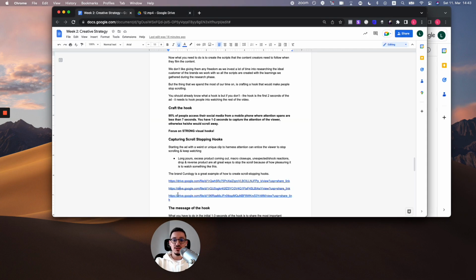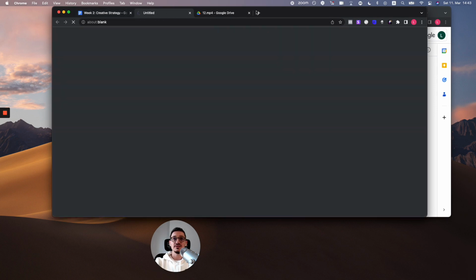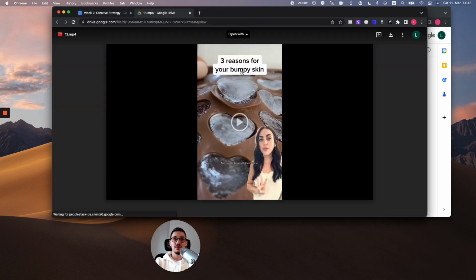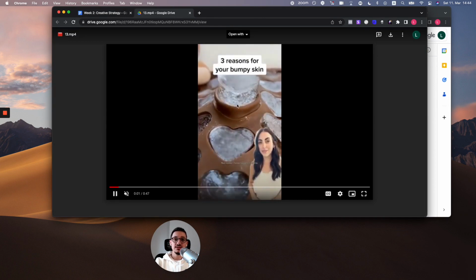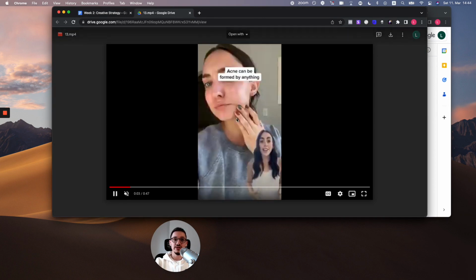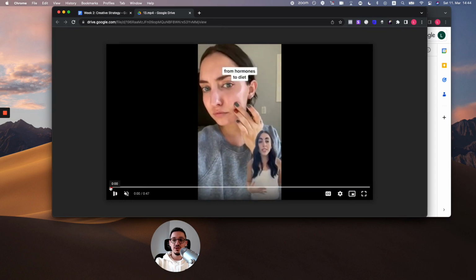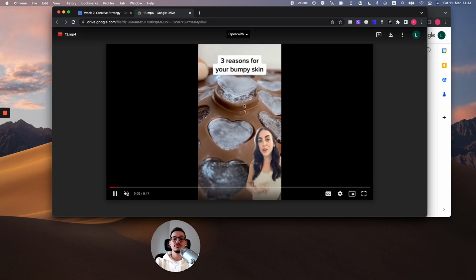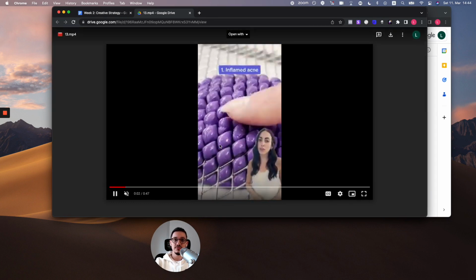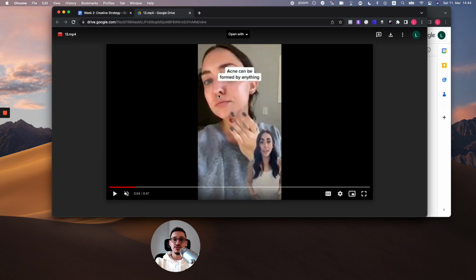So you see the hook here, second, a very good hook, and then the third one, once again, 3 reasons why, 3 reasons for bumpy skin, and a super engaging hook. Something, I don't even know what this is. Eyes coming out of somewhere. So as you can see here, Curology have great hooks, and if we were able to open their TikTok ads library, which we're going to do right now.